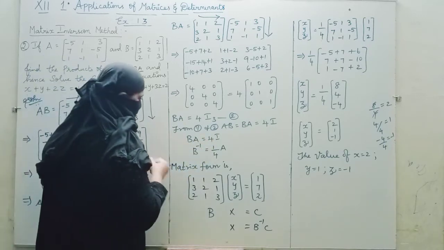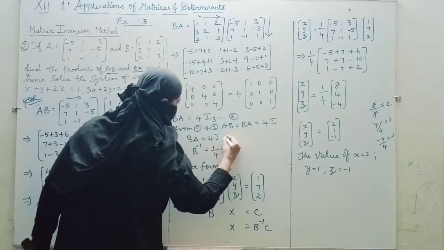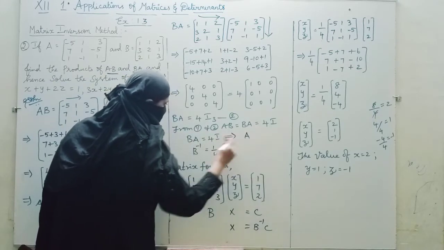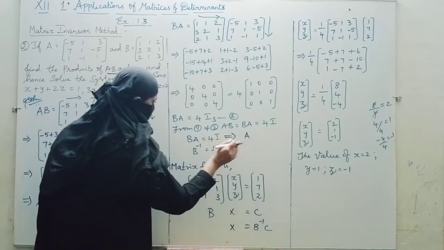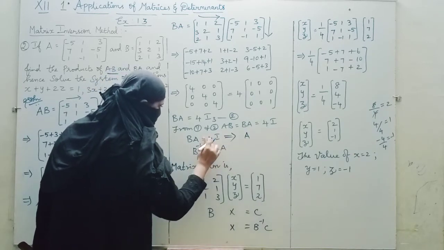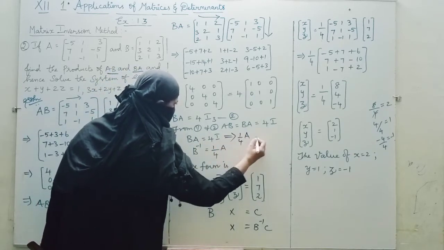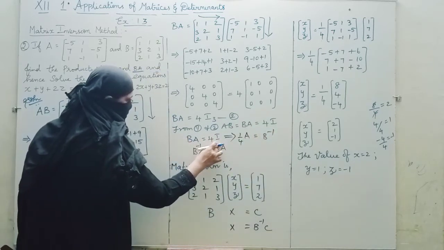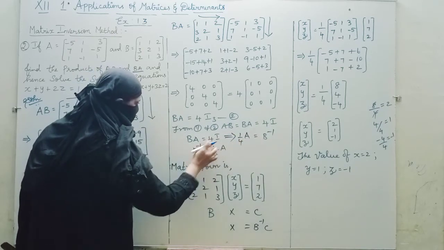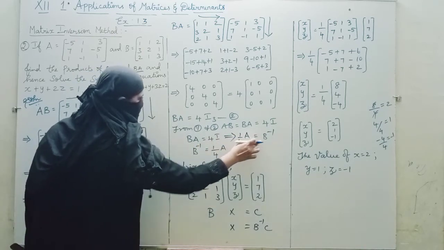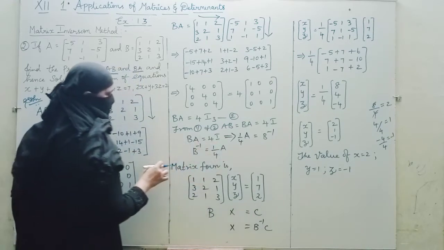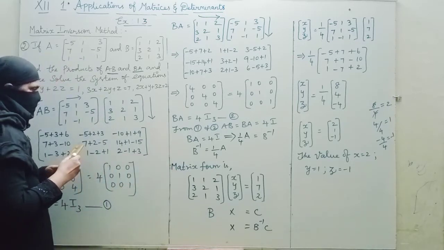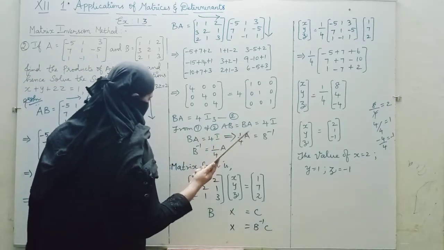Now what operation am I doing? BA, as it is, I keep here. This I value is 1, you can leave it. So A as it is; this 4 will come this side, meaning 1 by 4, equal to this B will go that side, meaning B inverse. If this goes to that side it becomes 1 by B, so B inverse. This 4 coming this side becomes 1 by 4. What is the value for B inverse? 1 by A. Now if you want A inverse, what will come? 1 by 4 B. I, you don't want to take it. I value is 1 only, you can leave it.